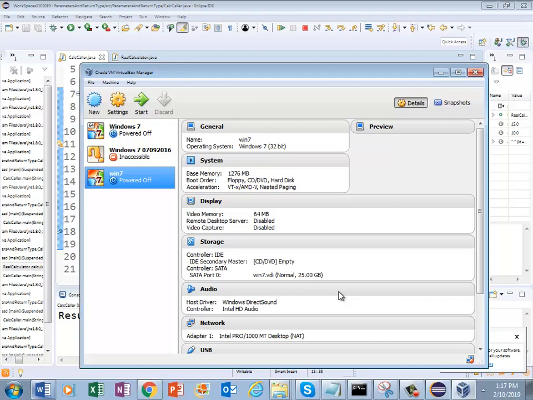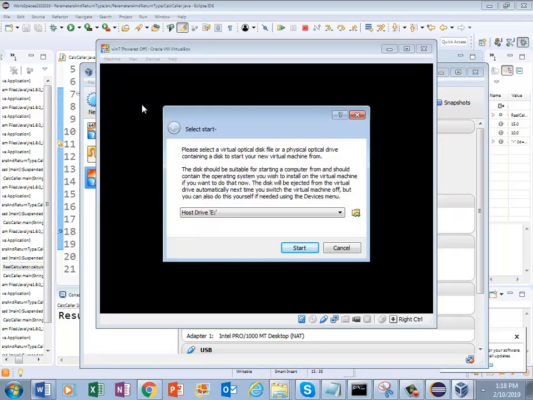Guys, so up to this are we good? Yeah. So what we are going to do now, can you see the start button? Yeah. Click on the start button once. Display 64 MB. Now when you click on start menu, what did you get? Loading means or you go one step beyond, right? Okay, now can you